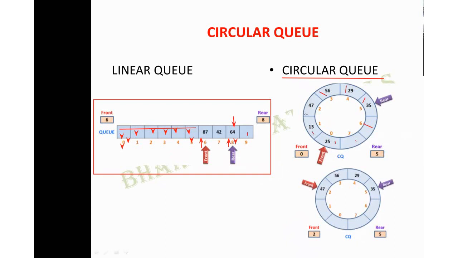Okay. So you will have one starting position that is known as your rear position, and you will have one end that is known as your front end, through which you have to remove the elements from the queue. So how you can do all these? The similar technique of entering the elements inside the queue, the same technique is only used.